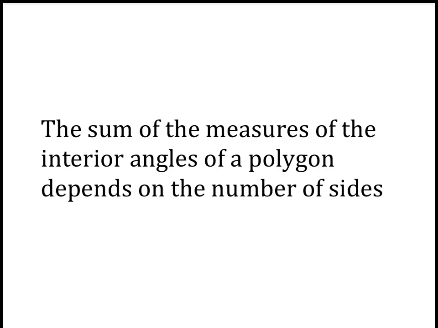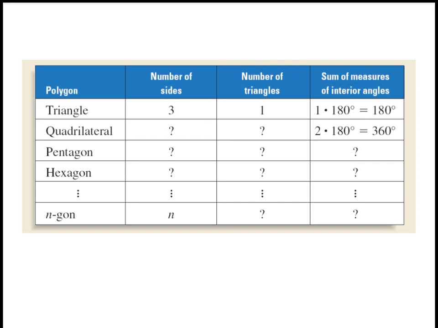So in previous sections we've looked at the sum of the measures of interior angles of different polygons, such as triangles and rectangles. But what we generally want to think about now is the fact that the sum of the measures of the interior angles of a polygon depends on the number of sides. So the sum of the measures for a 5-sided polygon will be different than the sum for a 6-sided polygon. So there is a correlation between the number of sides of a polygon and the sum of measures of the